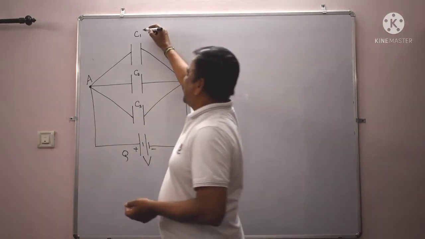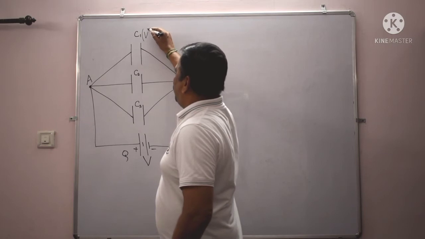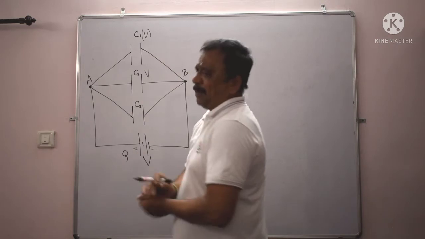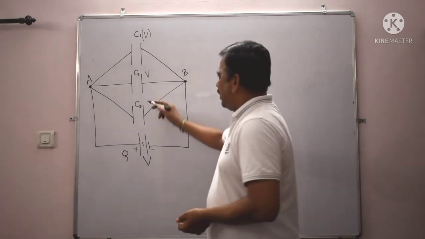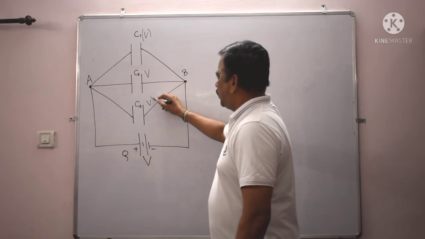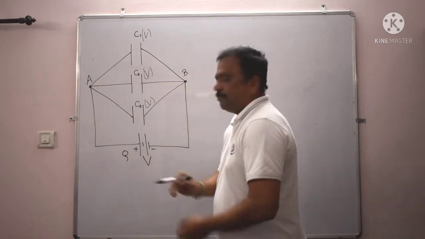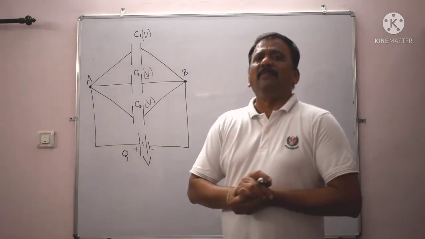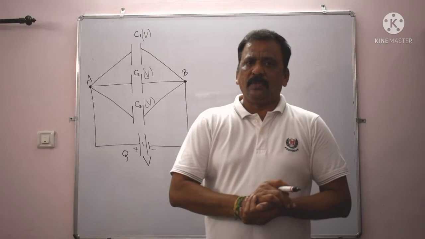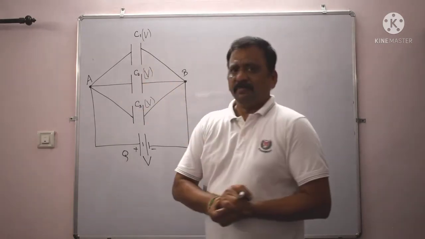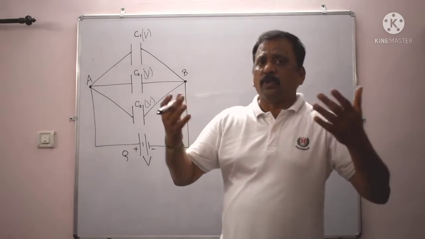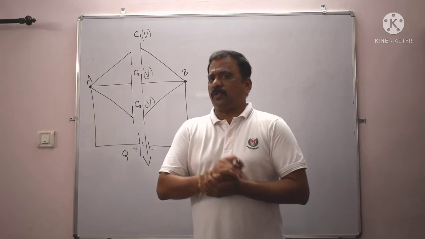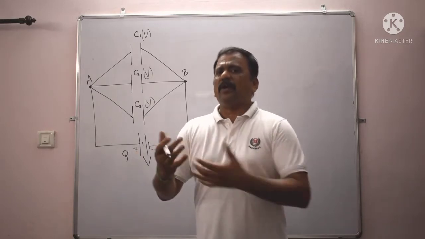Which means the voltage across the plates of the first capacitor will be V, same as the source voltage. The voltage across the plates of the second capacitor is going to be the same V, and that across the plates of the third capacitor is also going to be the same V. But the charge which the source supplies will be divided among the 3 capacitors because their capacitances are different. One capacitor may have the ability to store more charge, one may store the least amount of charge, and the third one may have a moderate capacitance.